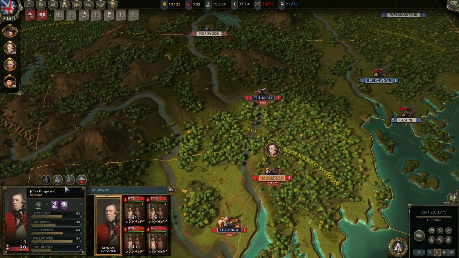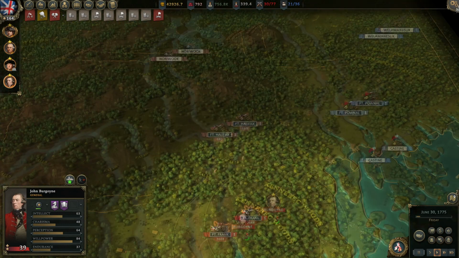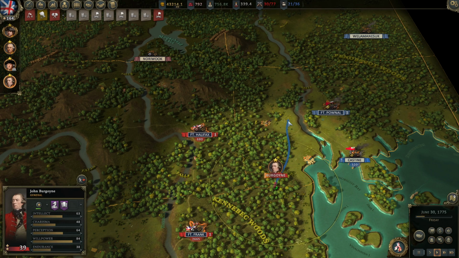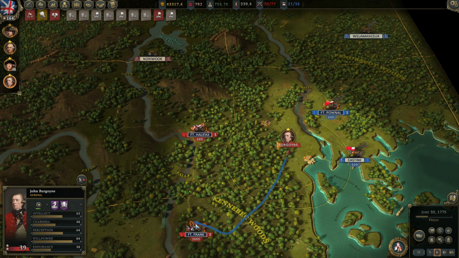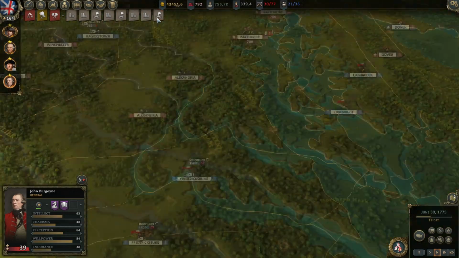Burgoyne, how about you leave the fort here and go see what's going on? Victory or death. Fredericksburg was lost. I thought we already lost Fredericksburg a little while ago. All right, so 300 at Castine. That's not really a concern. 600 at Pownall. So they could have about 1,000 men if they want. Still don't know where the other 2,000 are, but...